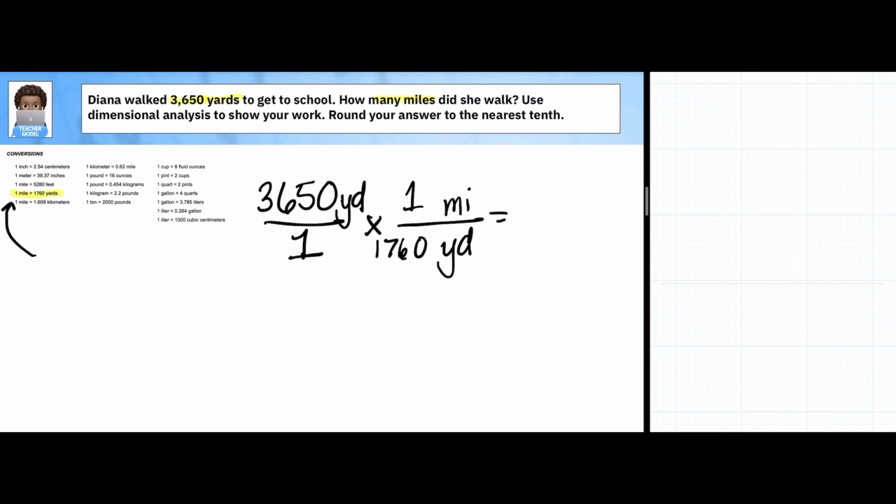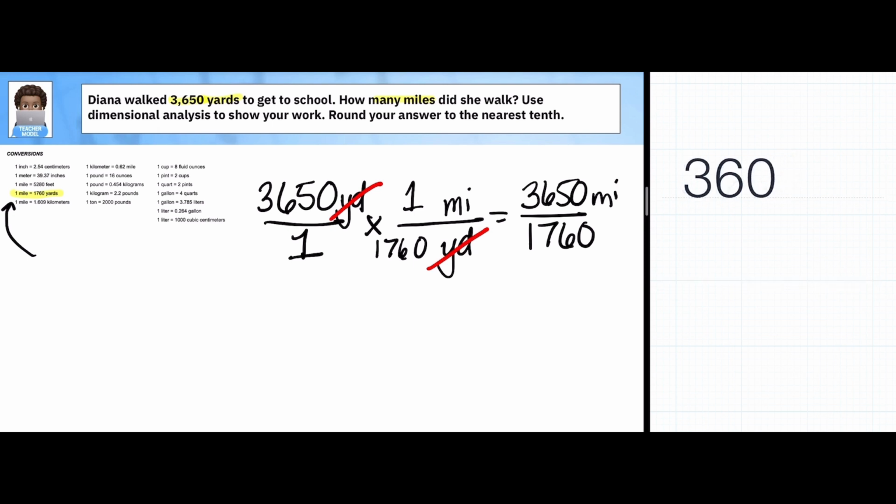So again, here I'm just going to show you I could actually cross these out because I know they're going to cancel out, and that gives us 3,650 miles divided by 1,760. So we do have to simplify this, and that's just going to be a regular division sentence. So I'm just going to use our calculator. 3,650 divided by 1,760, and that gives me a final answer of